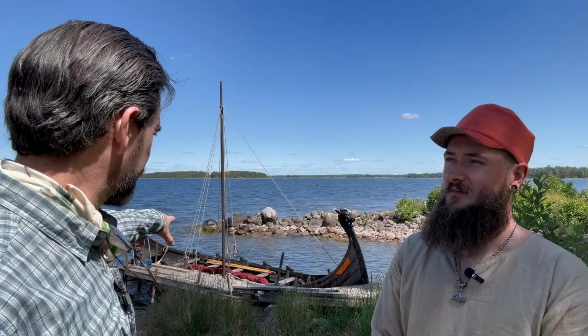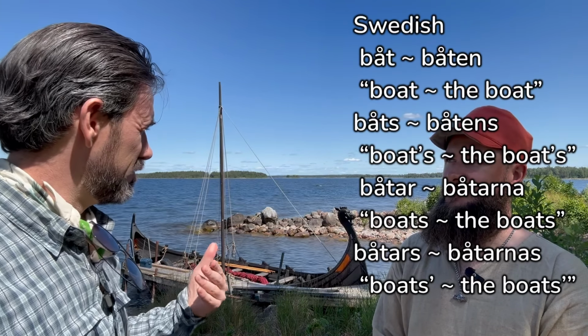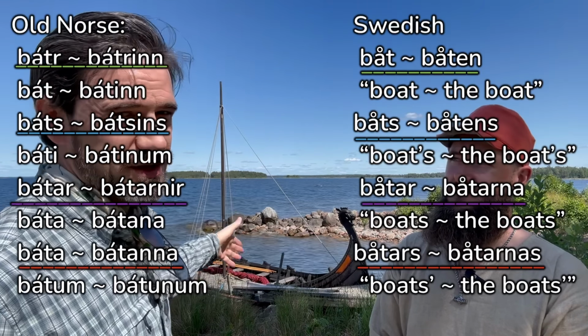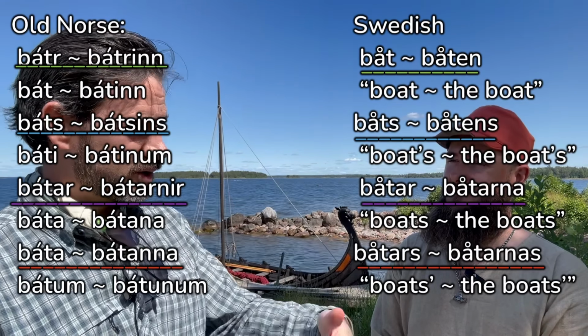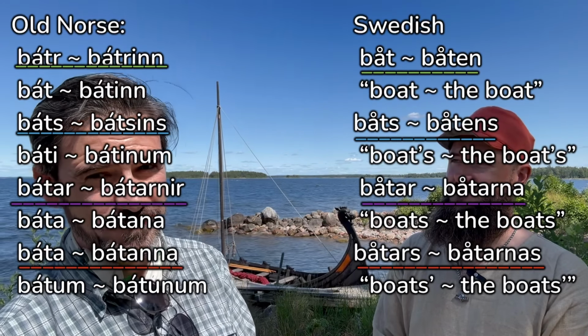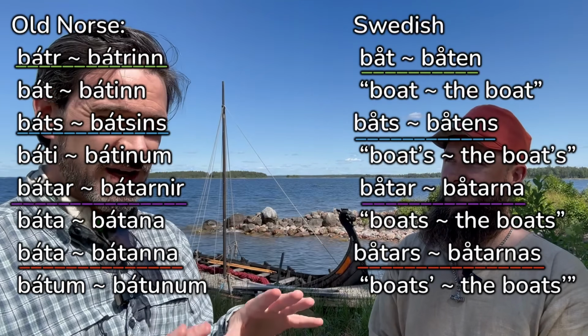Probably the biggest difference you're going to find is there are all these endings in Old Norse, right? So boat in Swedish, båt, and the boat, båten, plural boats, båtarna. But in Old Norse, we have multiple different forms, båtar, båt, båts, båti, båtar, båta, båtum, and then definite, båtren, båten, båtsins, båtenum, båtarnir, båtarna, båtenum. Swedish and Norwegian and Danish have lost all of that inflection, all those inflectional endings, except the plurals,